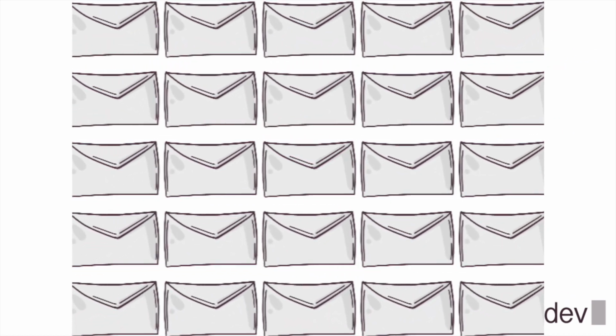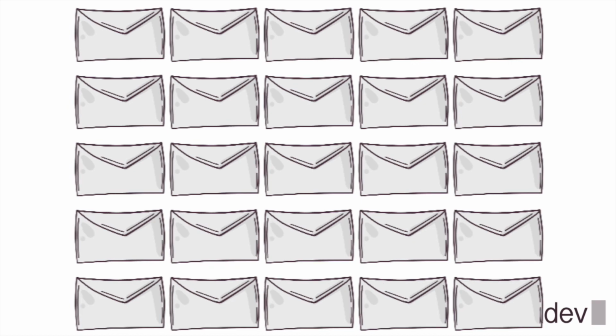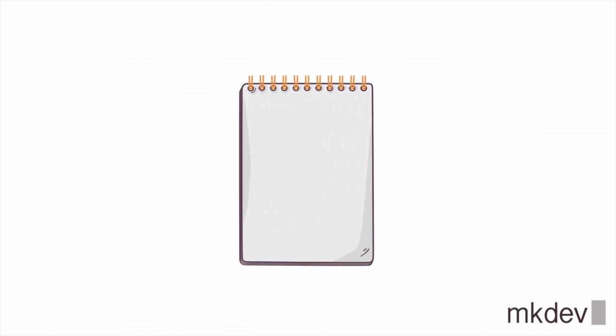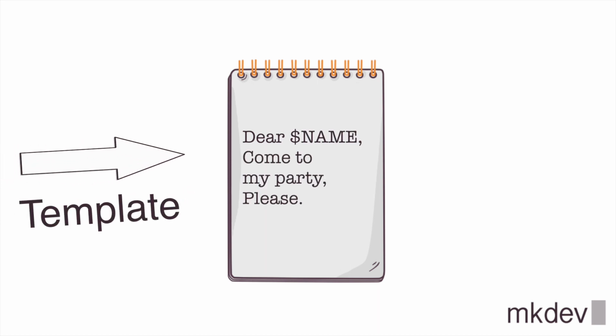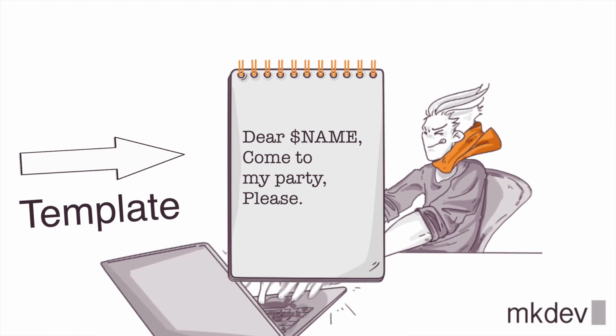Let's start with the general idea of templates. Imagine you need to create a lot of very similar files. For example, PDF invitations to a party. Each PDF is more or less the same, the only difference being the name of the person that you want to invite. To avoid creating each PDF from scratch, you could create a special PDF file that contains all the common content of the invitation, but leaves an empty area for the guest name. This file is a template. To create a new invitation, you need to take the template of an invitation and input some information about the guest. This process of providing information to the template and receiving a final document is called template processing. In this situation, you become a template processor.